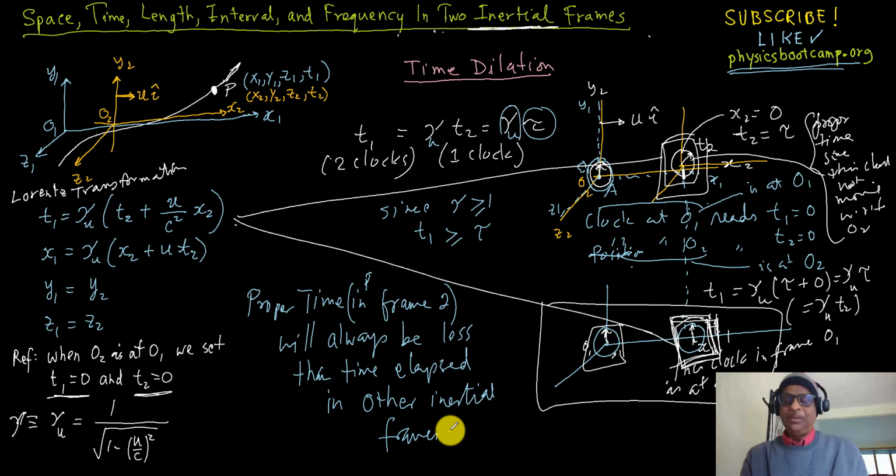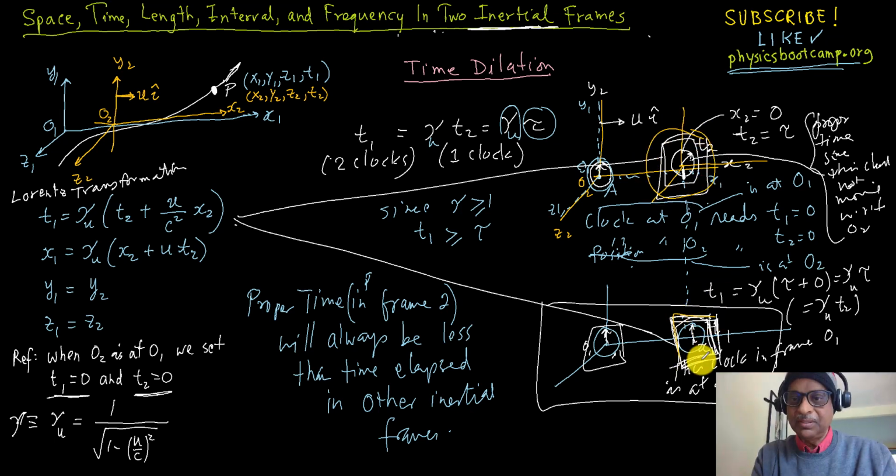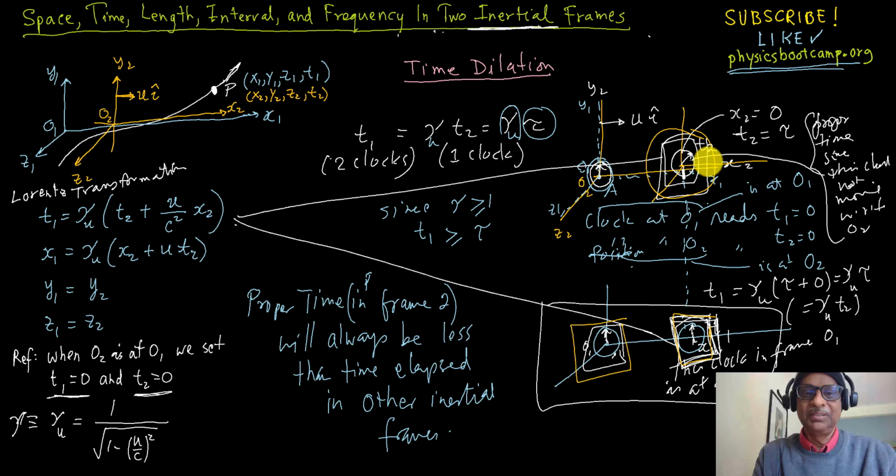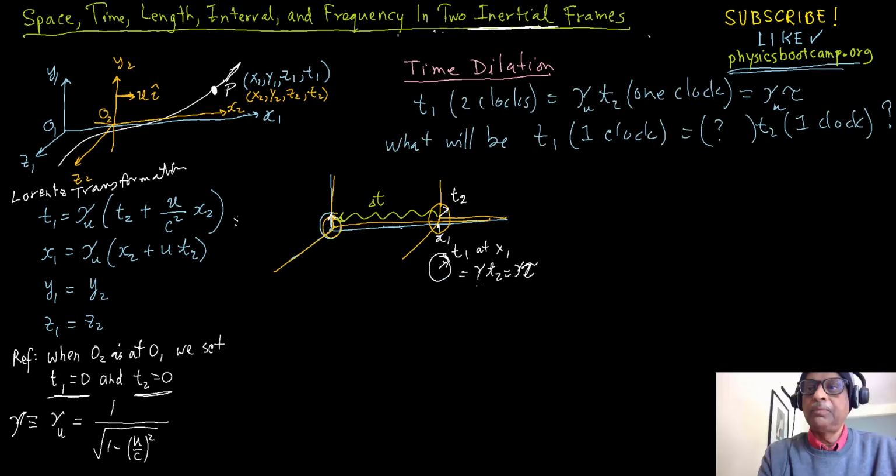Okay, what if I wanted to not compare this guy with this new clock, but I wanted to compare with what's happening over here? So if I want to have one clock to one clock, you can see that what I have to do is when it's over here, I will need to send a light signal back to here. So let me erase and come back. Okay, so we want to have this clock, keep an eye on that clock,